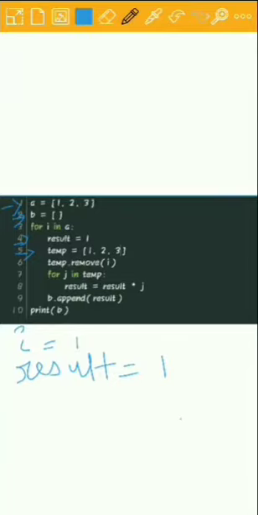At line number 6 we are removing the i value, which is 1, from temp list. So after removing, temp list will contain only 2 and 3.